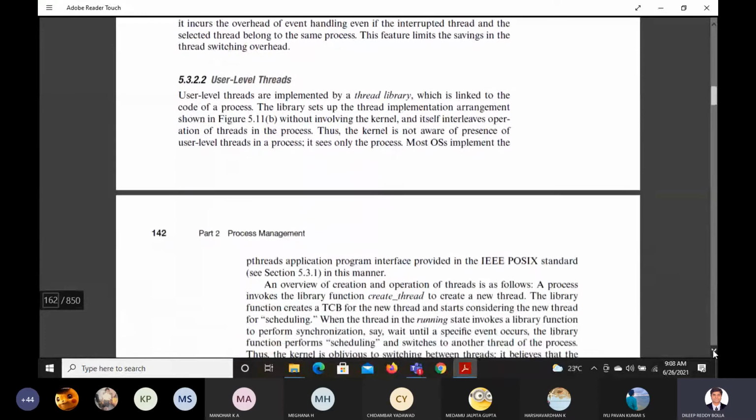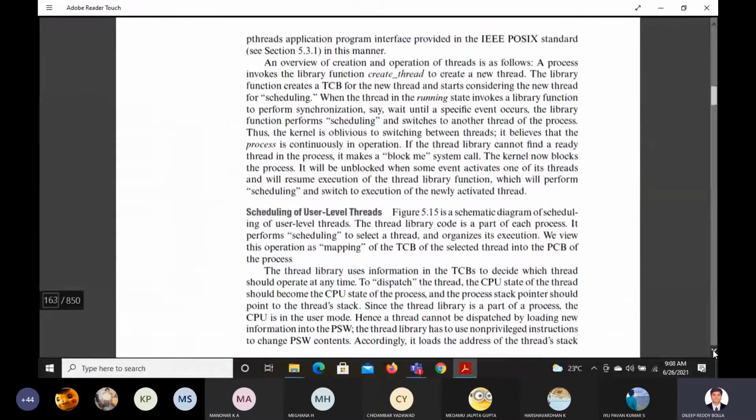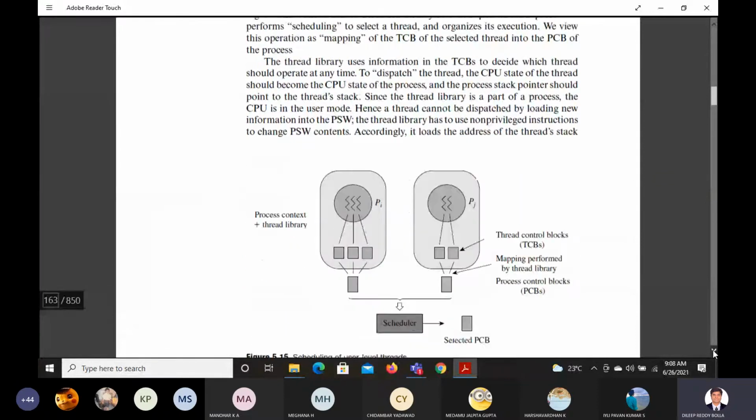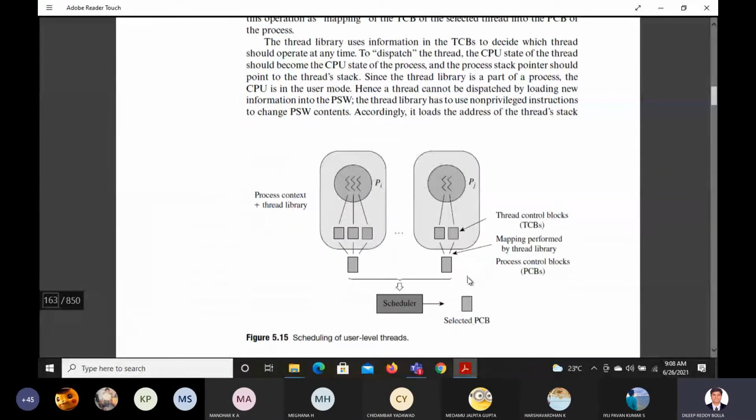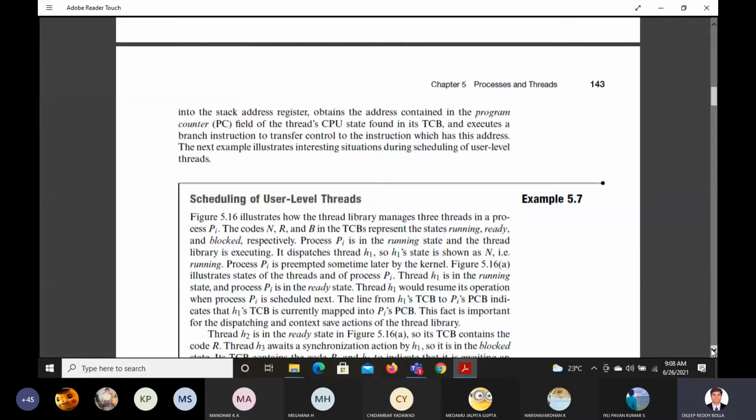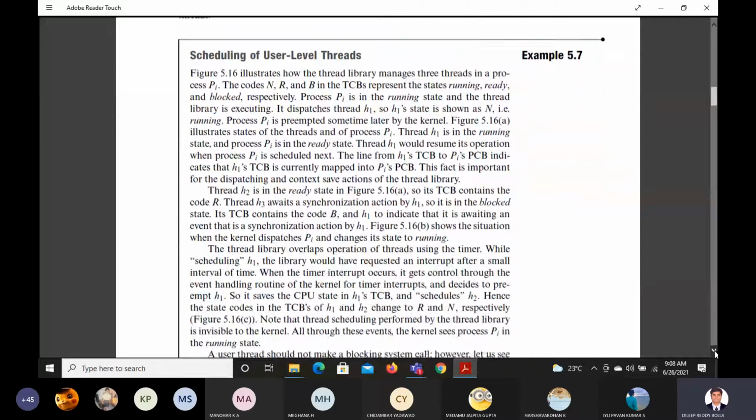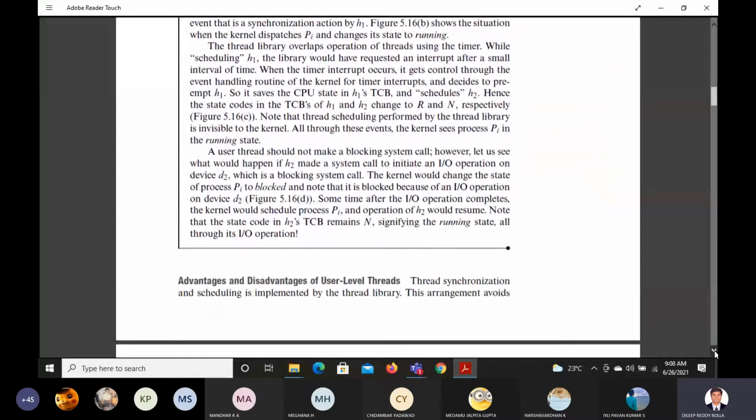Similarly, user level threads. So these two diagrams, if you understand, then you can have an idea about kernel level and user level threads. This can be a probable 8 marks question or 10 marks question. Sometimes they can give it for 5 marks even. So that's about your threads and kernel level, user level threads.